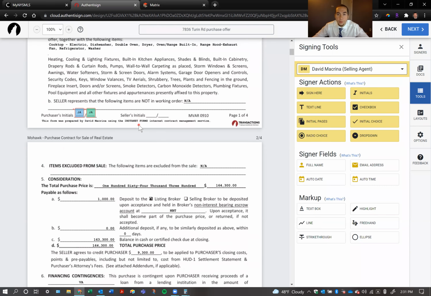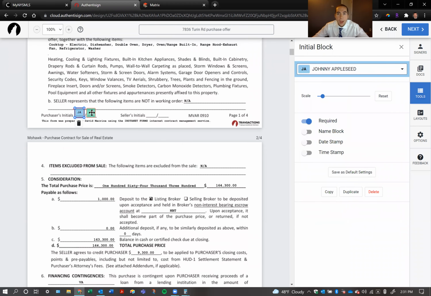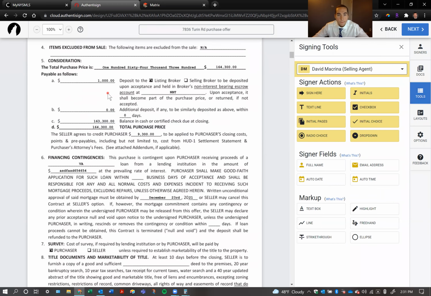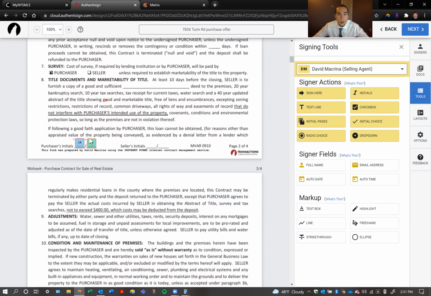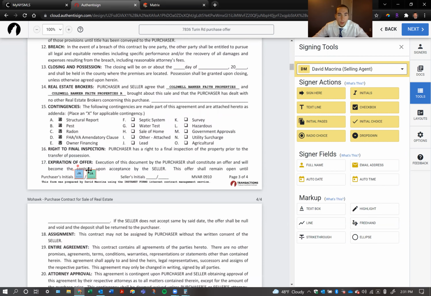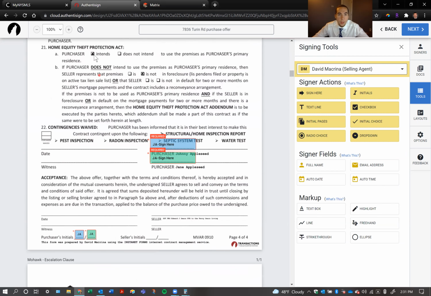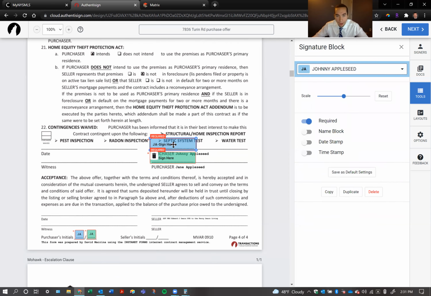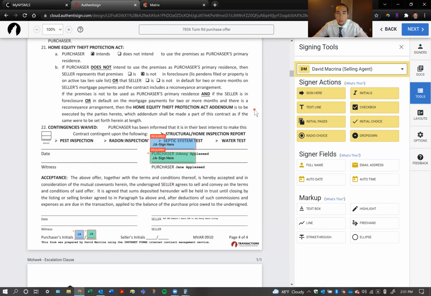I do notice, buyer, there's Johnny and Jane. The whole contract has taken all of the things that I've marked or filled out onto the contract itself. And then it's also overlaid some signing and initial blocks that I would have otherwise had to drag myself. But because it knows that Johnny is buyer 1 and Jane is buyer 2,